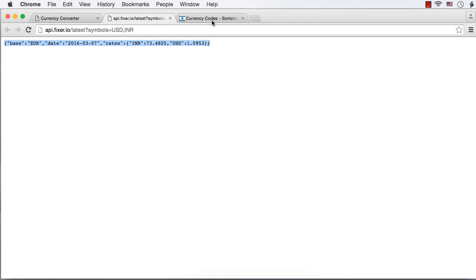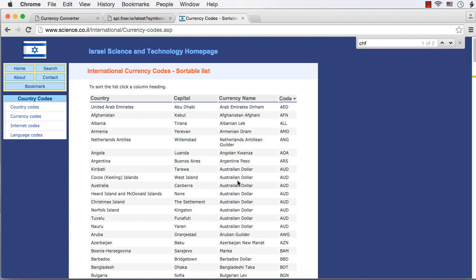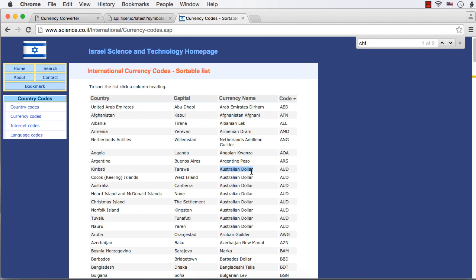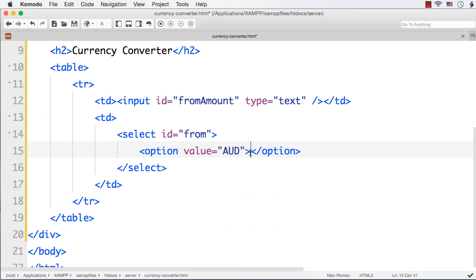displayed. So here there are many different websites on internet that you can get the currency codes and values. I am selecting it from this website. So suppose I want to add AUD, that is for Australian dollar. What I will do is, I will add the currency code as the value, that is here. Okay, and the text to be displayed as this one, and I will add it here. And for people who only know the code, we can add AUD here as well within brackets.